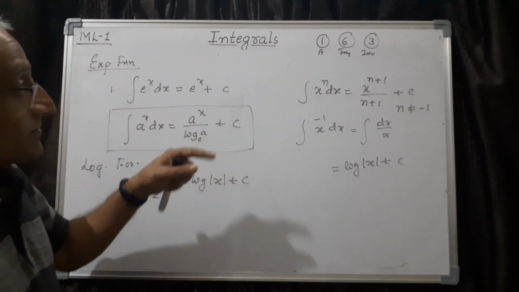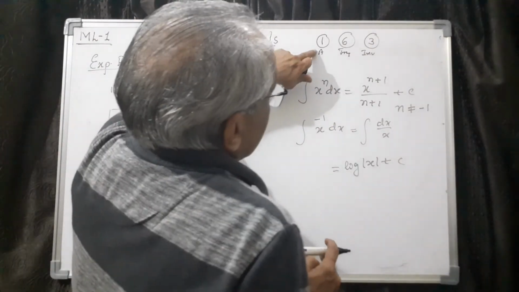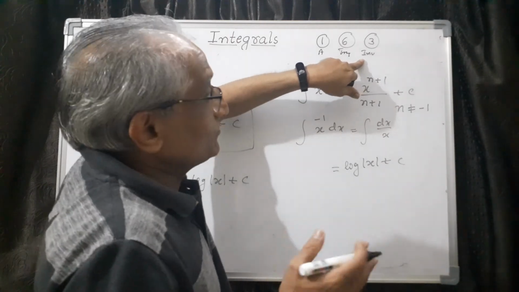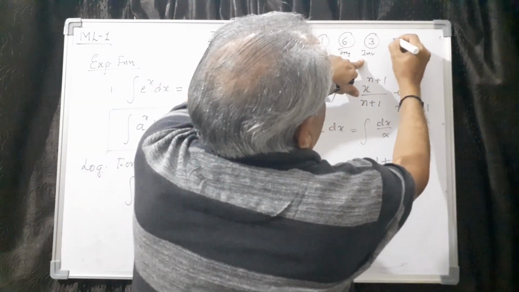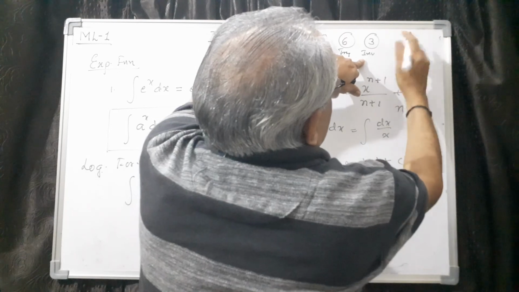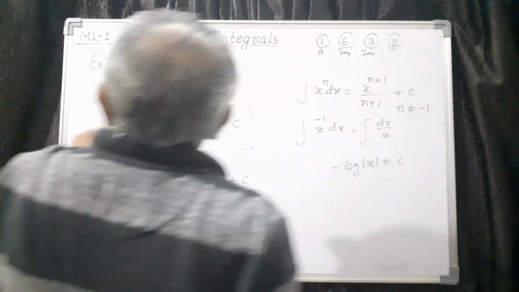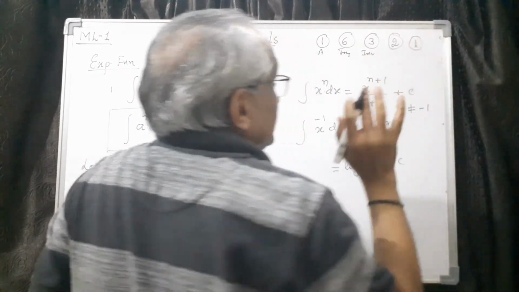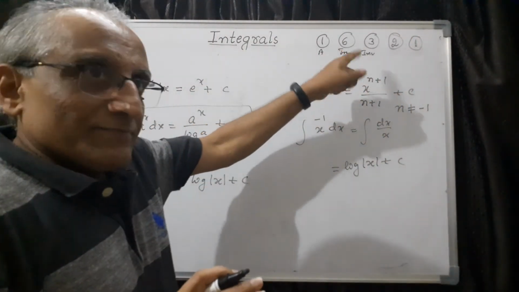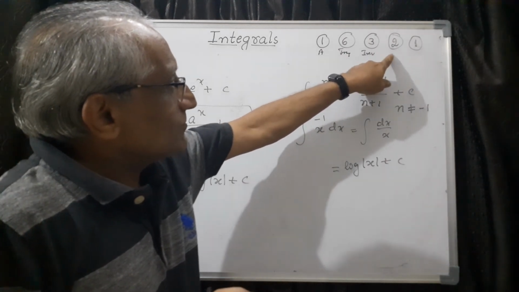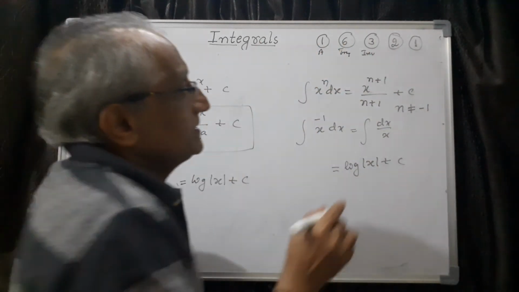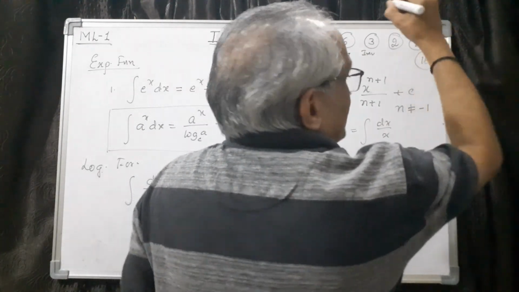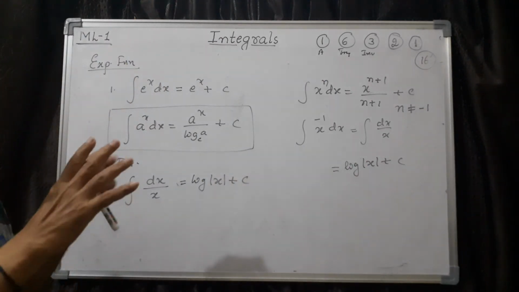So let me add here. Algebraic 1, trigonometric 6, inverse either 3 or 6 left to you. Then exponential 2 actually. For exponential, it is better to remember both formulas. So one is e to the x, another one is a to the x, and the log one. So right now we have 6 plus 6, 12, 12 plus 2, 14 plus 1, 15 plus 1, 16 formulas you have to remember. 16 formulas today we have learned, and these you have to remember.